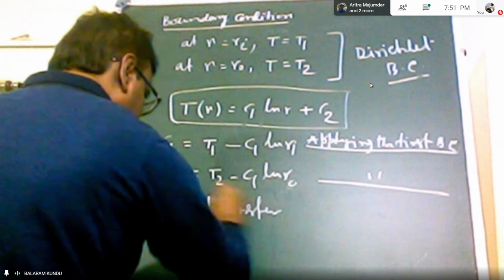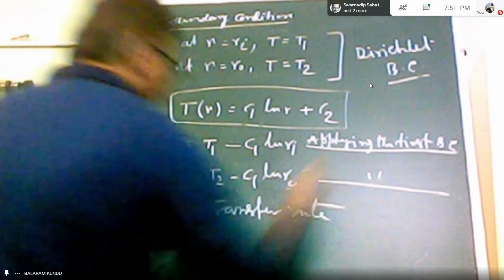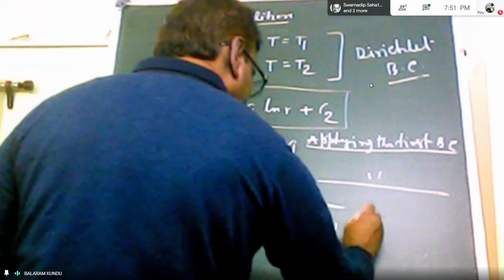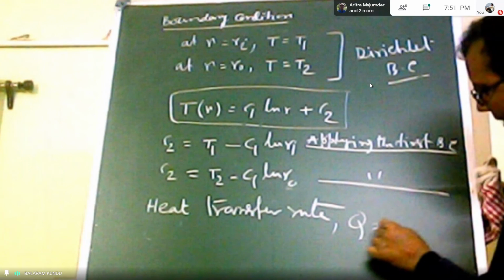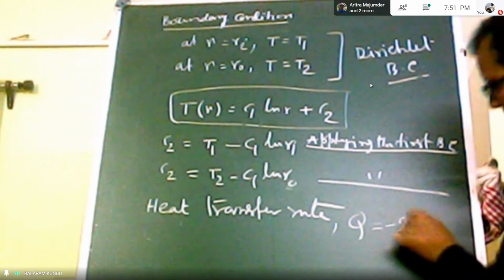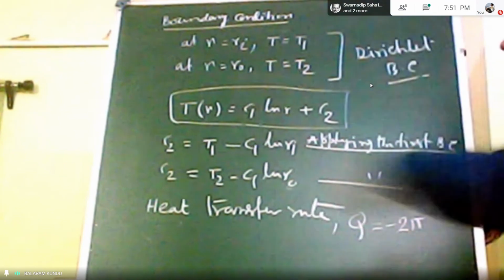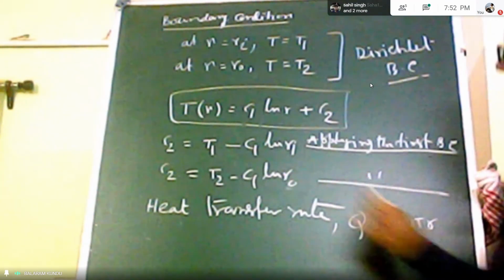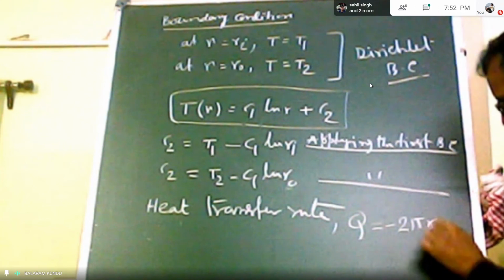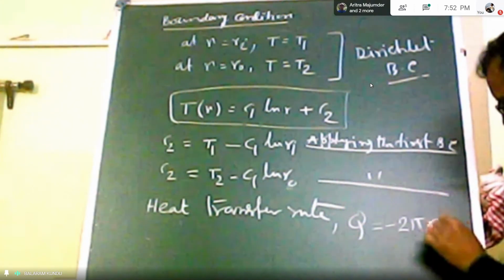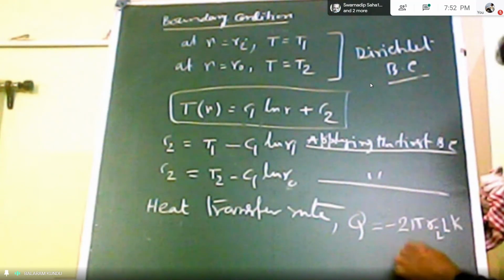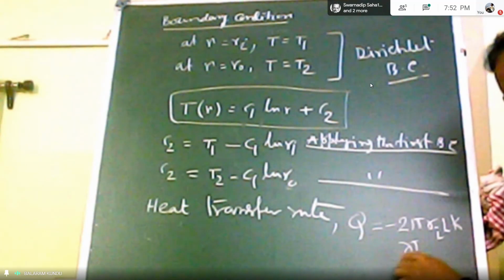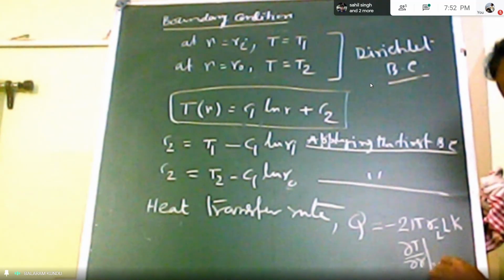So heat transfer rate here, say that is equal to capital Q. That should be obtained by applying the Fourier's law of heat conduction. So that should be minus twice pi by inner surface area, twice pi Ri. In this case, Ri has been taken into length of the cylinder, that is L. So that is your area, into K, the thermal conductivity, into temperature gradient, say del T by del r at r equal to Ri here.